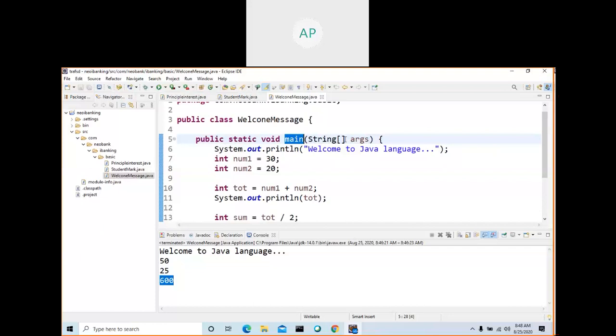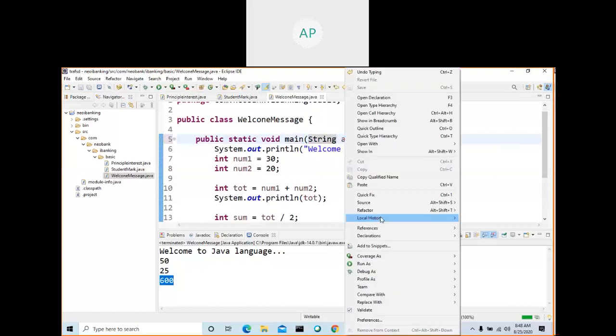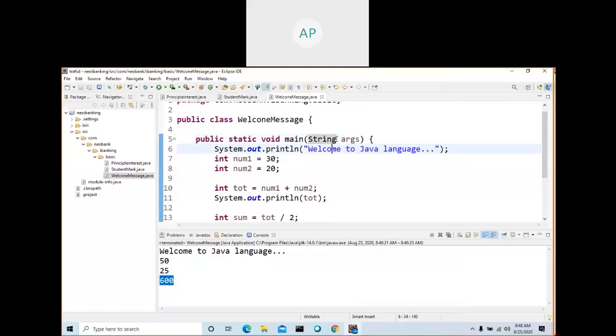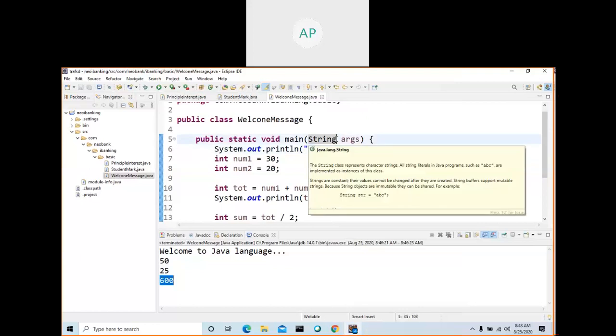This is an array. You may not know what an array is. Leave it as of now. So this should be something like this. If it is not like this, if it is something else, then if I right click and run as, there is no Run Java application. So if you want to run a Java program or a Java class, one and the same,